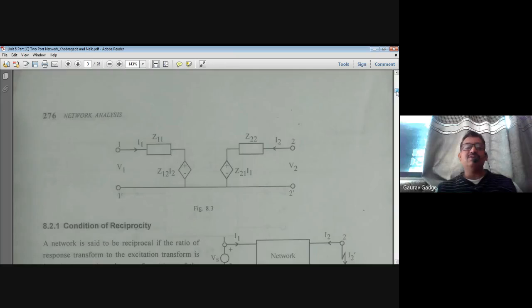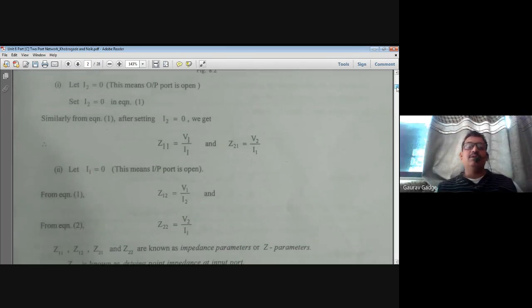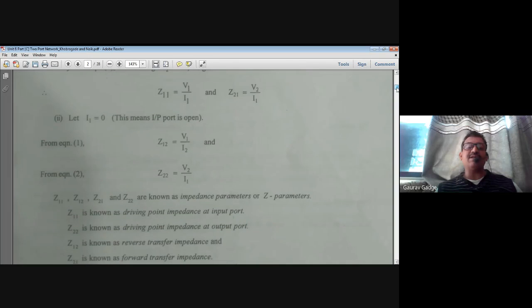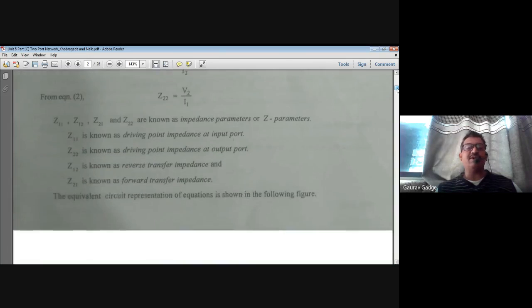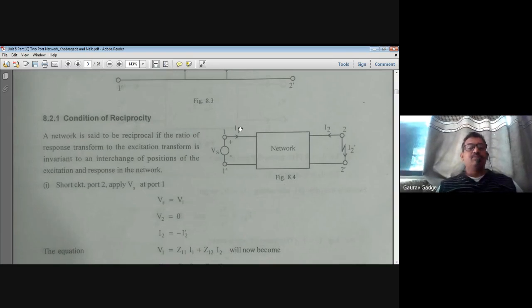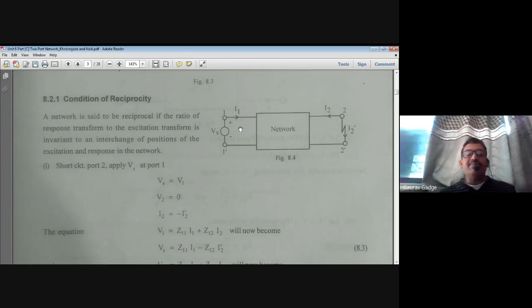Okay. So this is a simple introduction to the equation formations, and when the input and output ports are open circuited, which makes I1 and I2 0 respectively. Now, let us derive the condition of reciprocity. This is generally asked in the examination if the derivation is asked. So condition of reciprocity can be derived